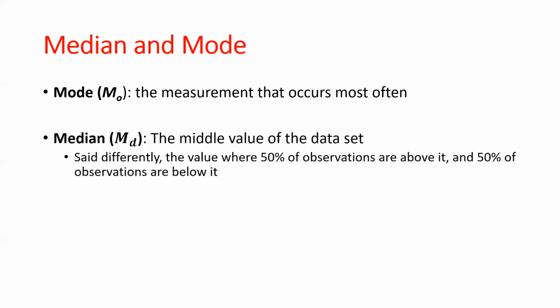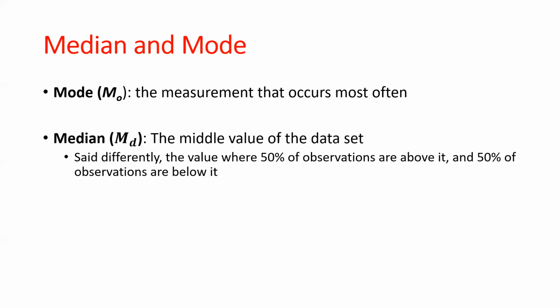So the mode's not too bad. The median is going to be the value that, if I were to arrange the data from smallest to largest, would have exactly 50% of the observations to the left and 50% of the observations to the right. Okay. So an easy way to think about this is if I had, let's say, 3 numbers,